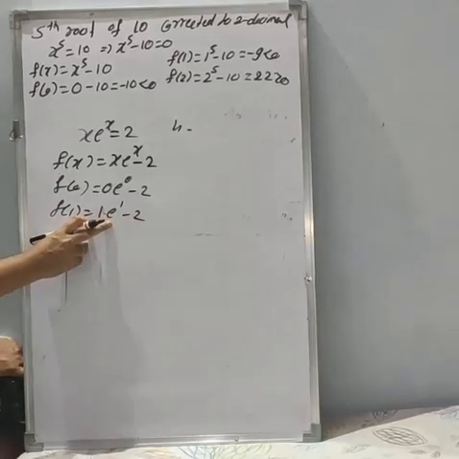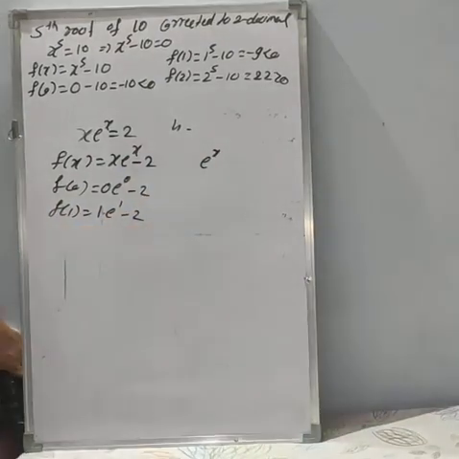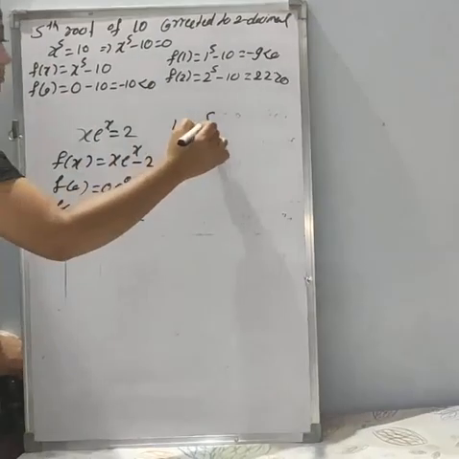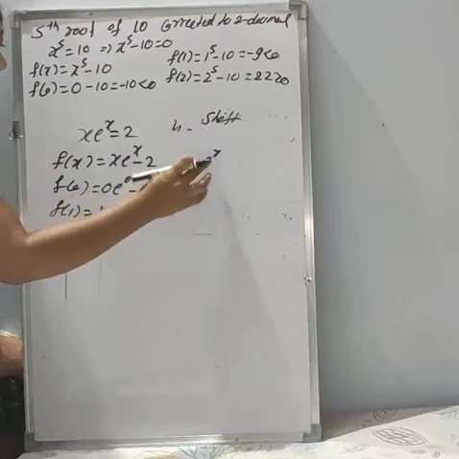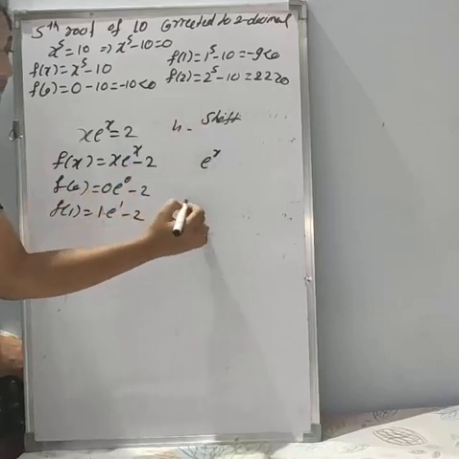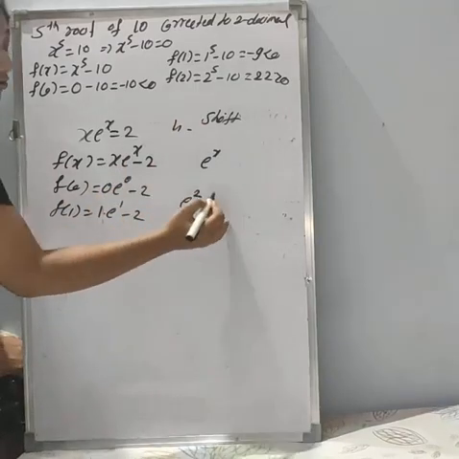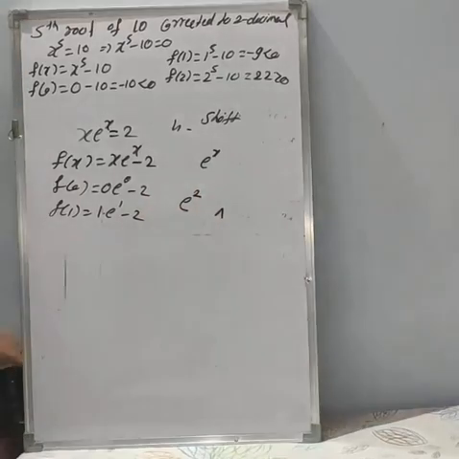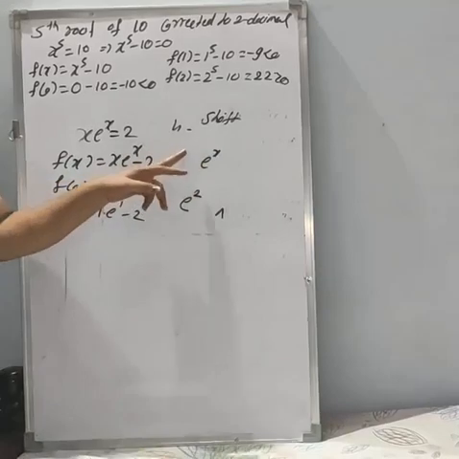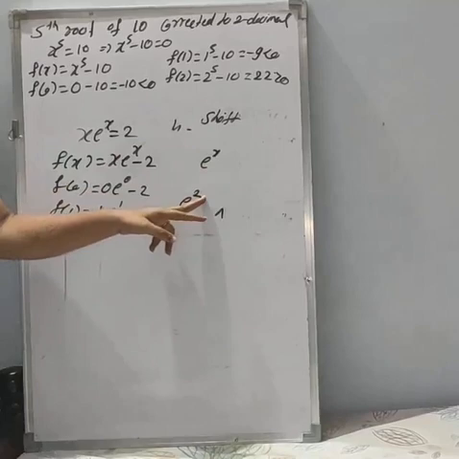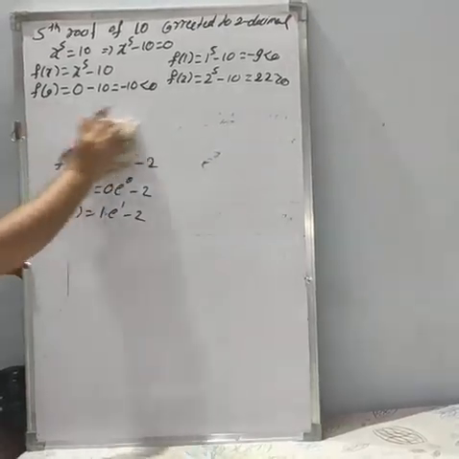In your calculator you have the option e to the power of x, marked in yellow. First press the shift button and then press this button. After pressing shift and typing this button you will get e. Then type whatever power you have. If you have 2, directly type 2; it is not necessary to press the raised-to button again, because it is already in the form of e to the power of x. So you can type shift, then this button, then directly type the power you have, and definitely you will get the answer. Please go through that also.